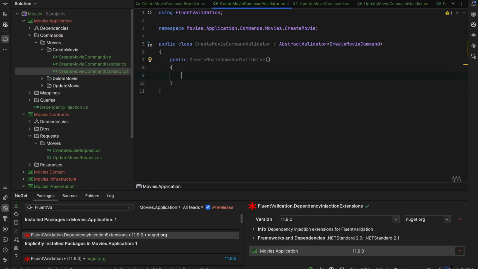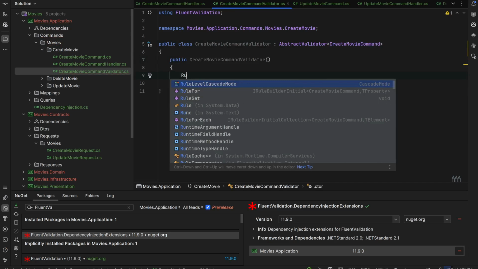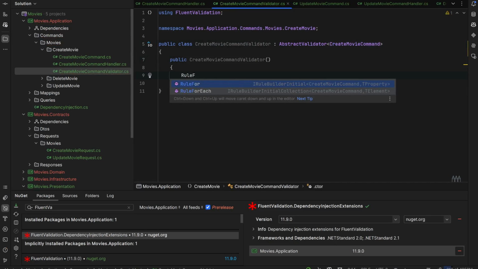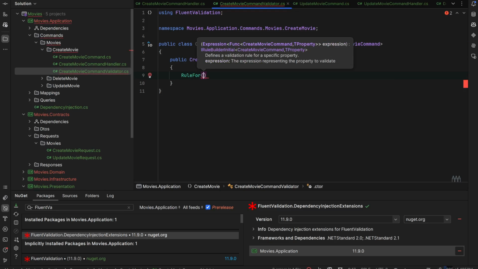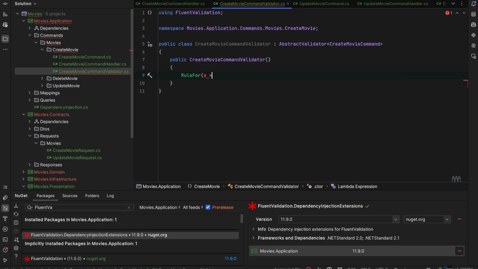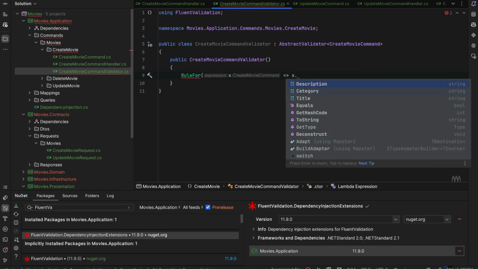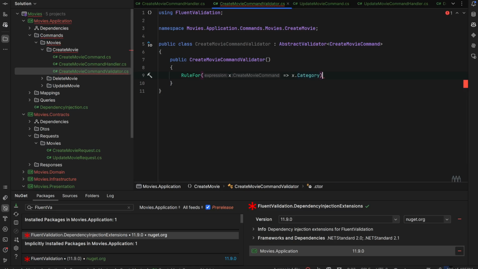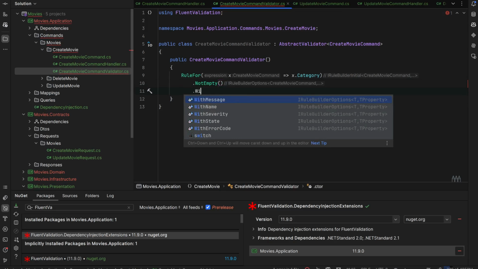Next thing to do is to create the constructor, and now we are using the RuleFor method, and we can start that the category, for instance, has to be not empty. So if it will be empty in the create movie command, then we'll return the 400 response with the message,